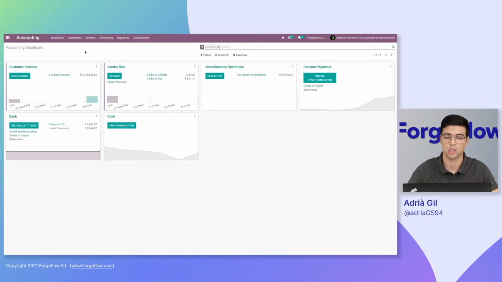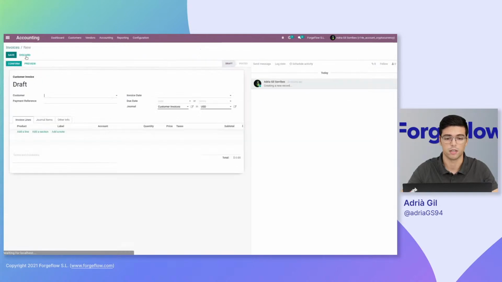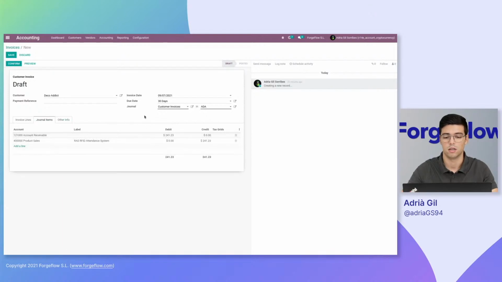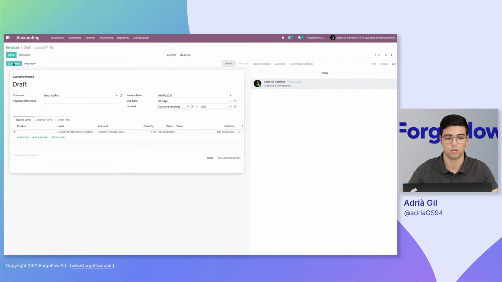So let's register some transactions in our Odoo. For example, let's register an invoice. So I come here, I can create an invoice for this customer. I select that the invoice should be in ADA, in Cardano. I'm going to say that this invoice is from the 7th of this month, and I'm going to add a line for a product, for an RFID attendance system. In this case, I'm going to say that the price is 100 ADA. If I go to journal items, I can see that it's taking the exchange rate from the 7th, and it's translating to 241 US dollars. I can save, I can also confirm,